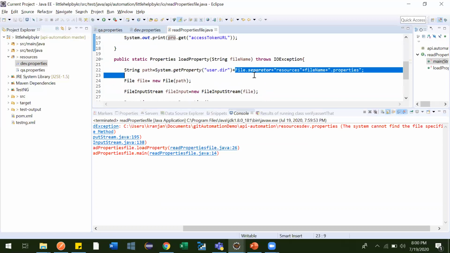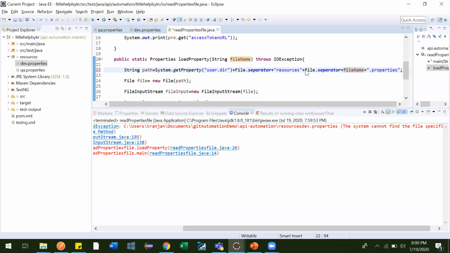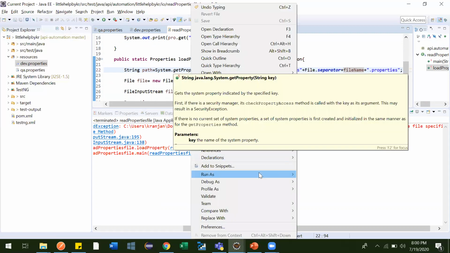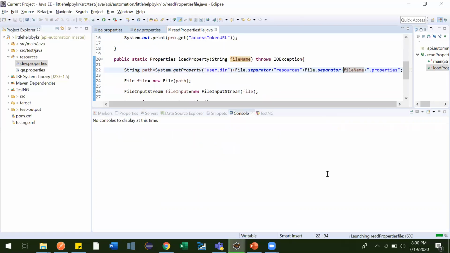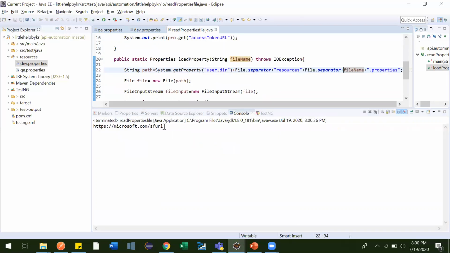After resources also this file separator is required. So after resources let me give this file separator, and then file name, and then properties file. Now let me run this, and then we should get it. See, you got it, right?